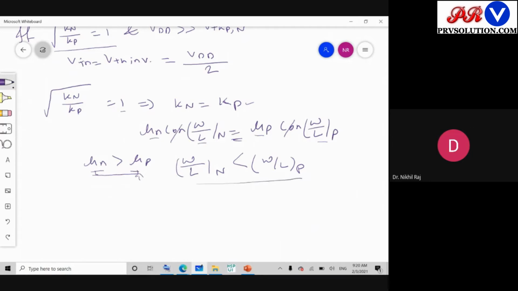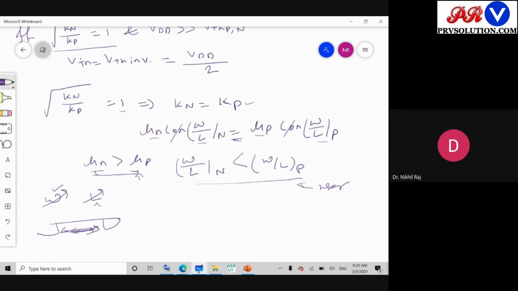Second, we come to dimension. Then we say, okay, it is in our hand because the user can change the device dimension. So when we come to the device dimension, the question is whether we should disturb W or L. Whenever any MOSFET is fabricated in the industry, they say to keep the channel length minimum. What is the channel length in the MOSFET? The channel length is the conducting region. If this is minimum, you are reducing the device length dimension, so we can fit more transistors in the same chip. So we generally don't disturb L and we change W.